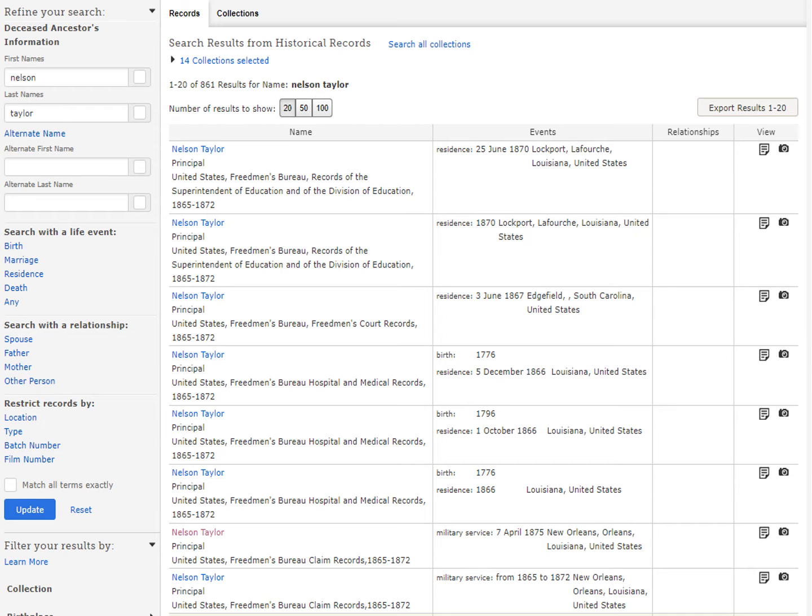So when I tried to run the query on the name Nelson Taylor as I did for Marilyn Cooper, I got a much different result in FamilySearch's database. Here you see I have a total of 861 results for a Nelson Taylor, and they come from multiple locations. My person of interest comes from West Feliciana Parish, but as you can see here, this top result, actually the top two results, show you Lafourche Parish, as well as this other one from Edgefield, South Carolina, and other regions